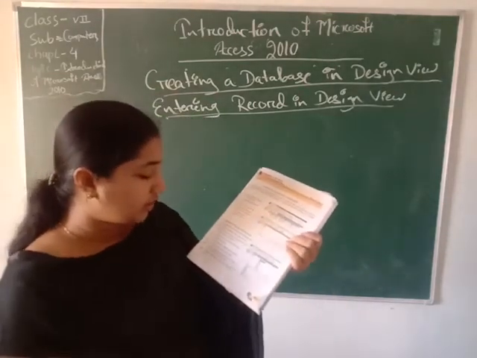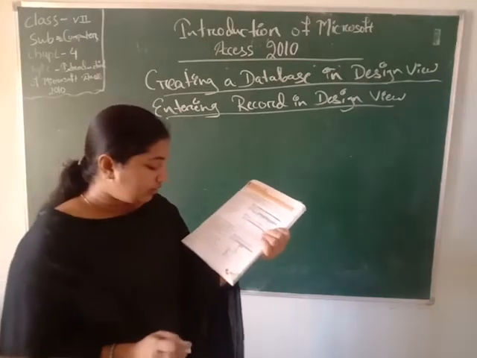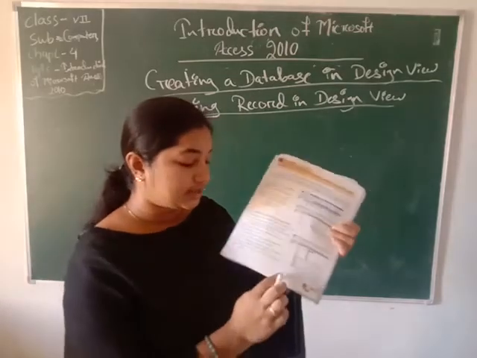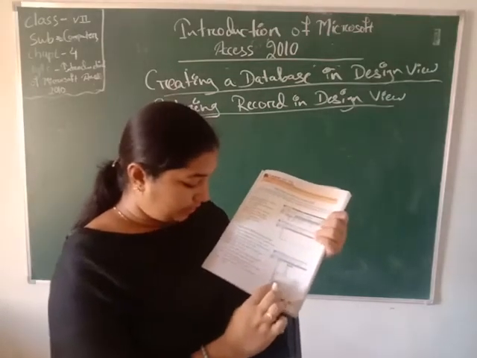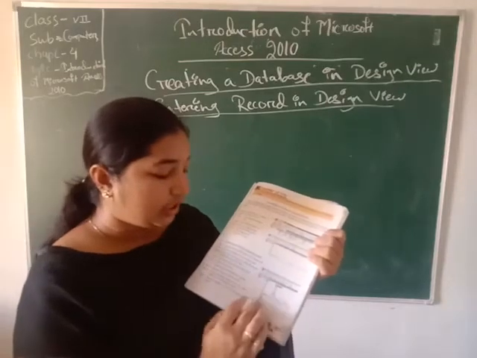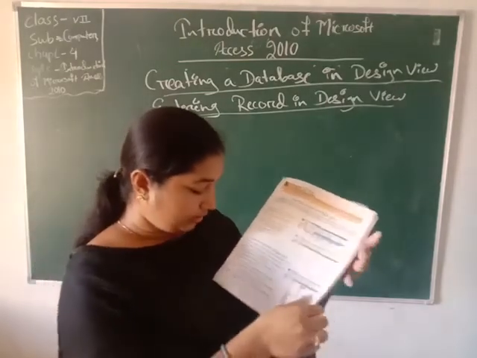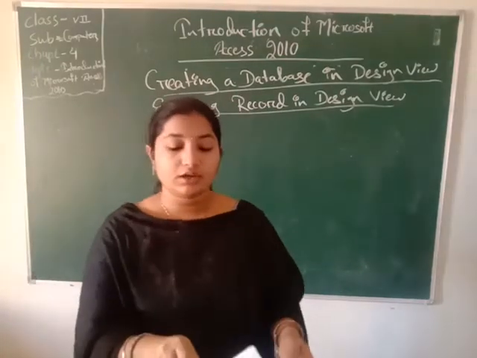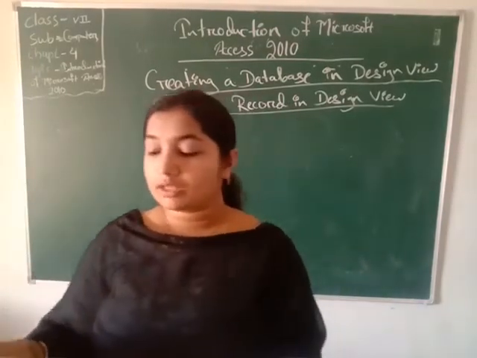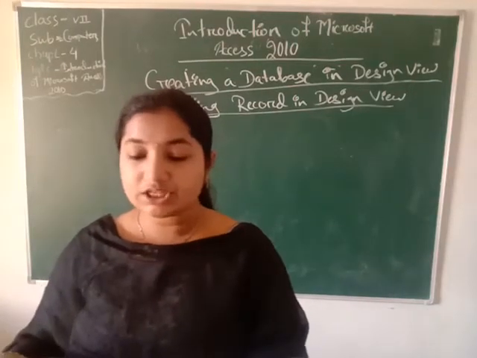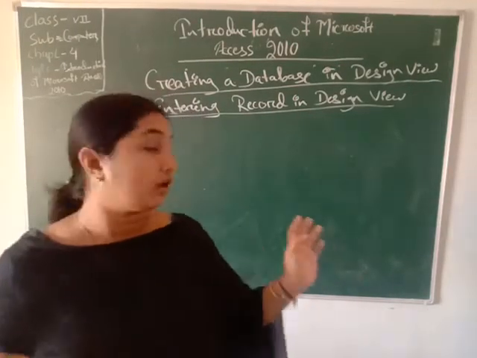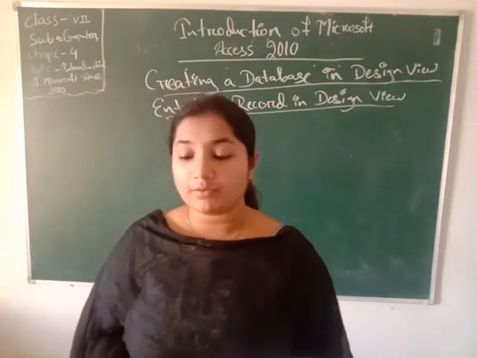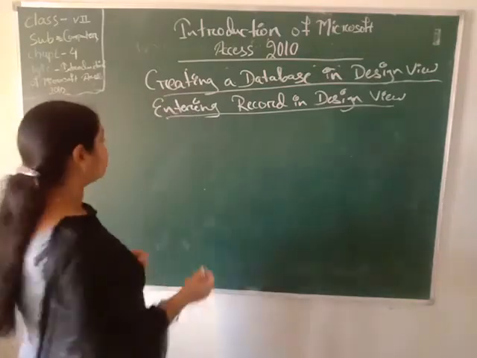After that you can change the properties of the field under the Field Properties options. Means one Field Properties option is there. This is the Field Properties option. If we want to change some properties, then we can change them here, and again we have to repeat all the steps for all the names. Whatever names we want to give, we have to do all the steps again. So now we know about saving a table and a database.